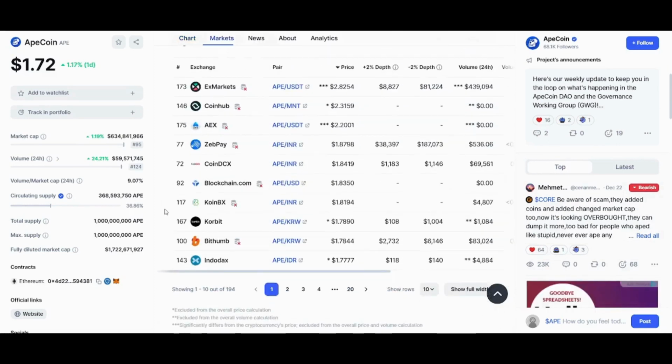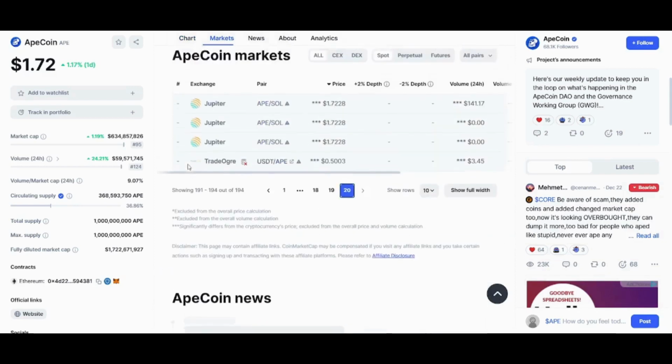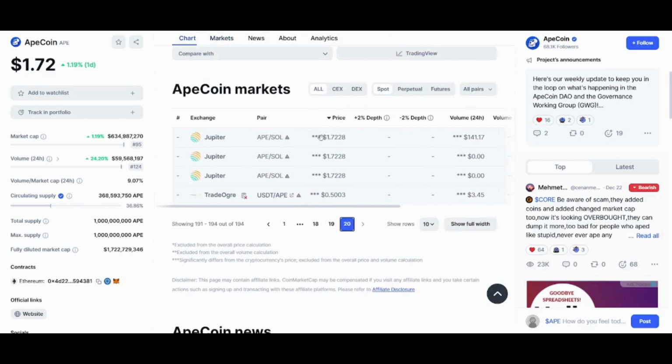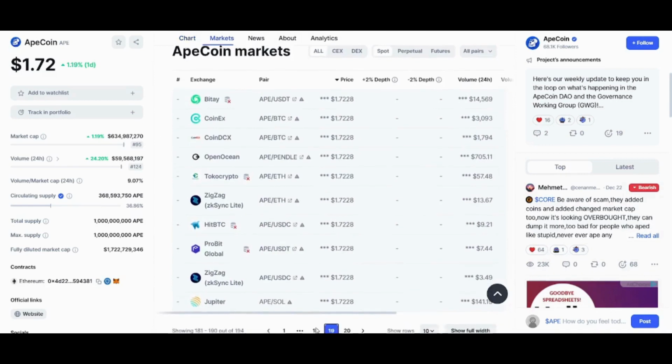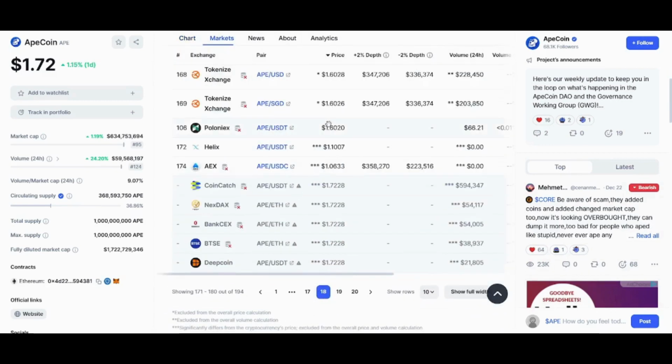Now I will go to the last page, and I will ignore all these results which have asterisks before them. I will find the first result which actually doesn't contain asterisks, and that's it. So here I will buy, let's say, one ApeCoin from Poloniex, I think, which will cost me